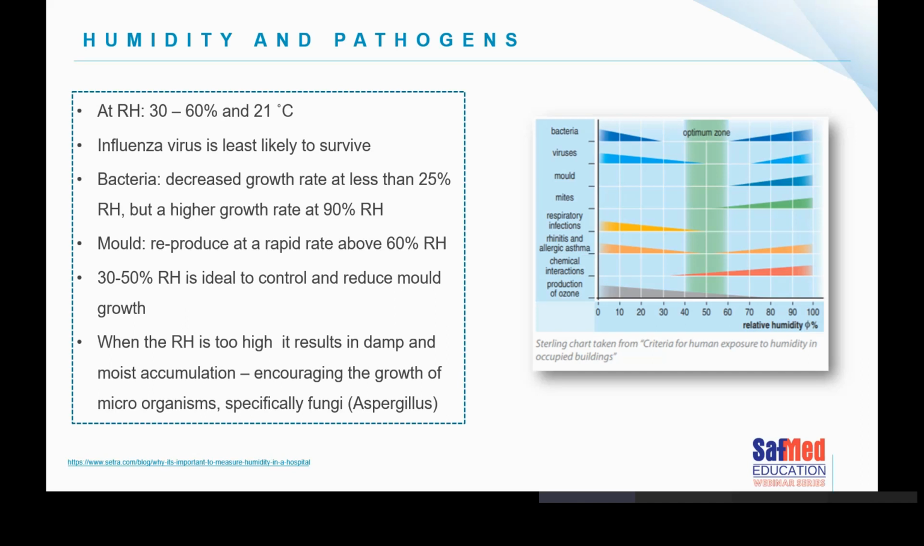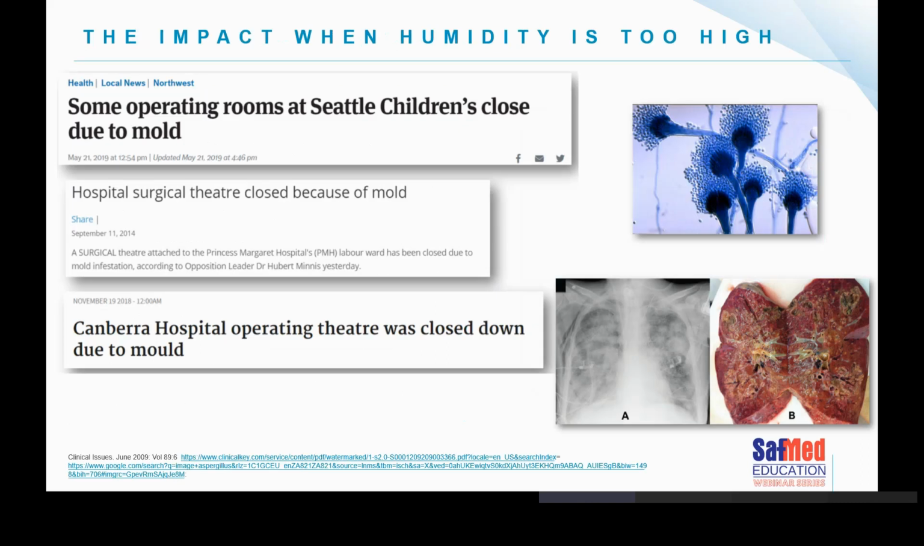So you see that is the average percentage relative humidity where we have the least growth of molds and bacteria and viruses. When the relative humidity is too high, it results in damp and moist accumulation, encouraging the growth of microorganisms, especially fungi like aspergillus. And if we look at what is the impact of that, this is just a few snippets